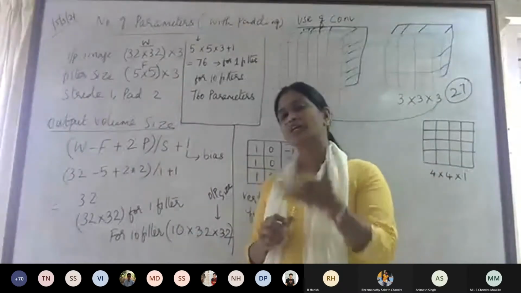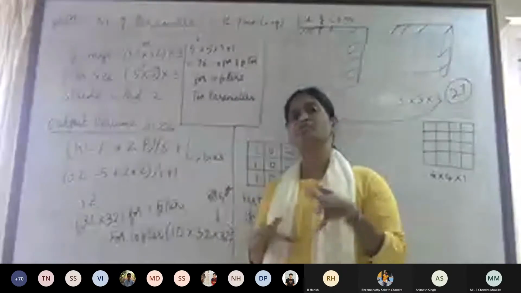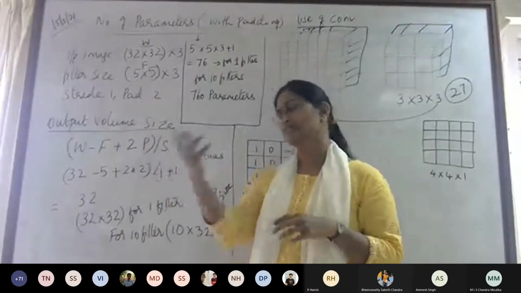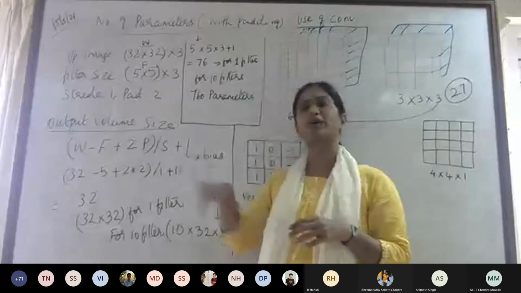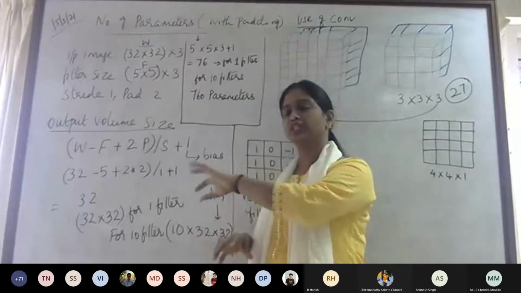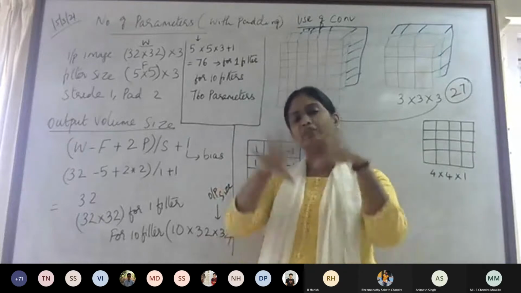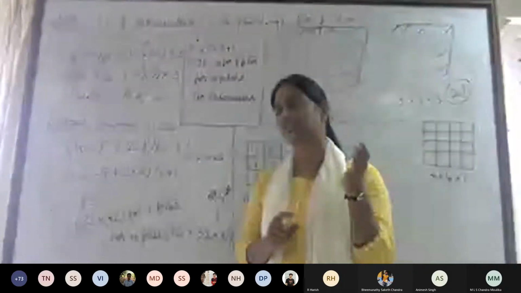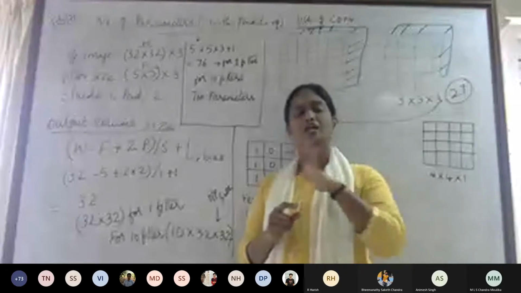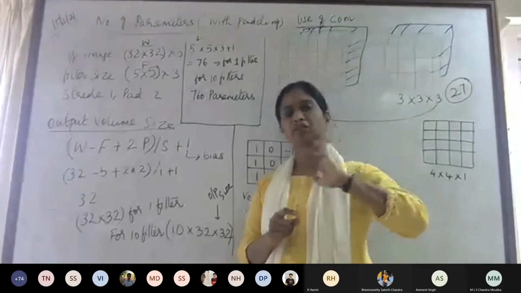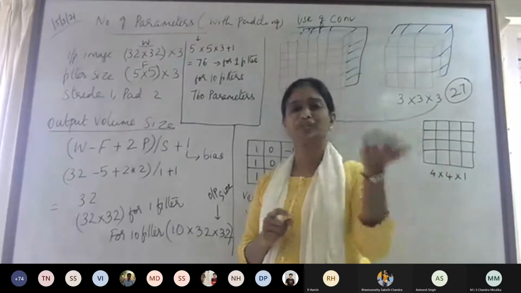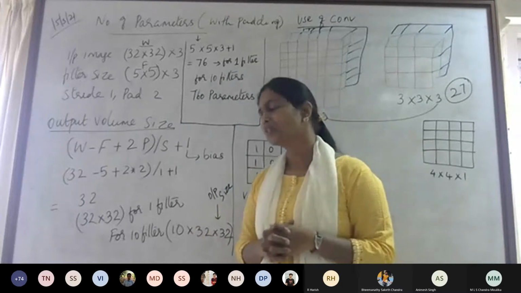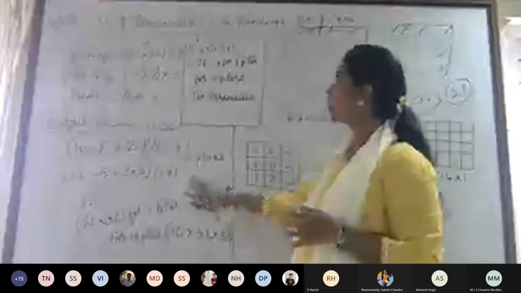Okay. And one more advantage is wherever you keep your test image in the image. Suppose you want to recognize, as we saw last time, a cat in any part of the image. Since you are doing convolution, it can extract the features of a cat wherever it is present. That is why it is called translation invariant or equivariant. The third advantage which I explained, that means even if you translate and move to a different location and perform convolution, you still get the same output wherever you perform. Okay. So now we will see the output volume size.